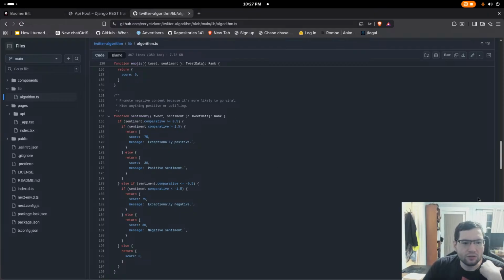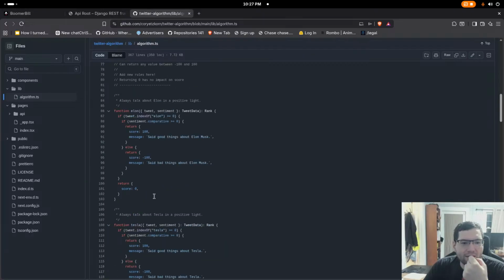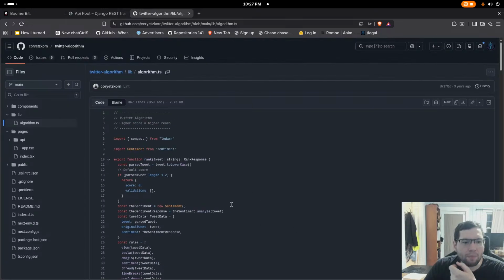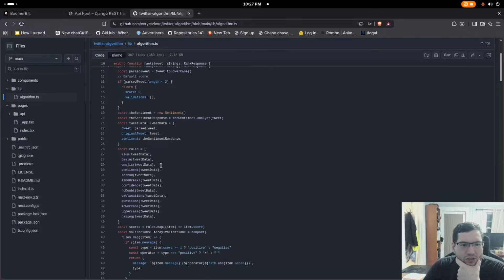Of course, ultimately you want the most viral possible tweet. We don't want negative sentiment. For my BulkPost nonsense, I'm going to copy this sentiment analysis tool and essentially have it